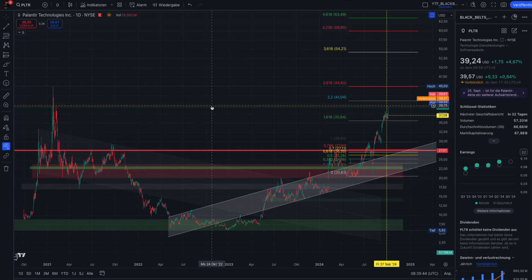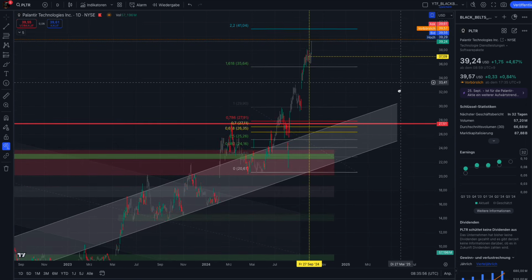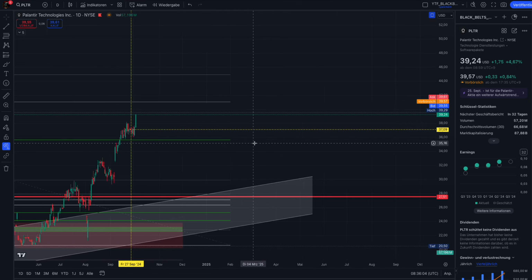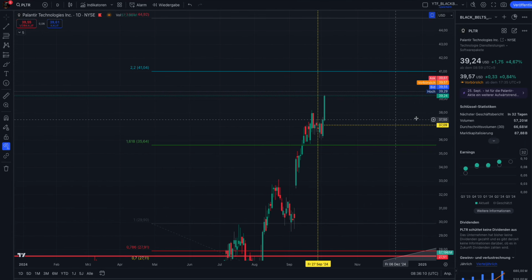And this is it, guys. Nothing changed. As you know, I never adjust or change my charts as long as a company is not performing stock splits or reverse stock splits. We don't have that situation here for Palantir. And we know that our Fibonacci level, which was one of the first, let's call it trigger points or touch points, which we expected, was $35.64. And you can see that Palantir here is going unstoppable to the upside, and I have honestly no doubt